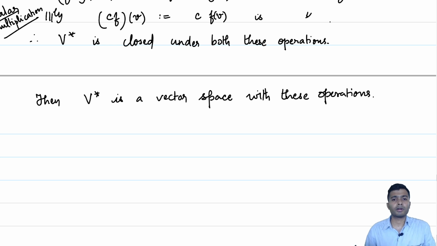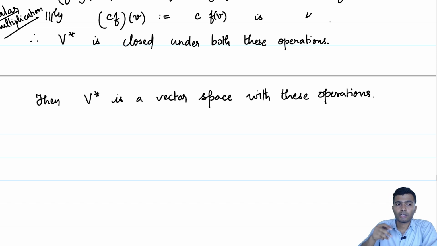The 0 element of V star will just turn out to be the 0 linear functional, every element being mapped to the 0 element of R, and for f, minus f will turn out to be the additive inverse. So, you should check that V star is indeed a vector space with the two operations we have just defined. And we did more. Suppose we fixed an ordered basis.